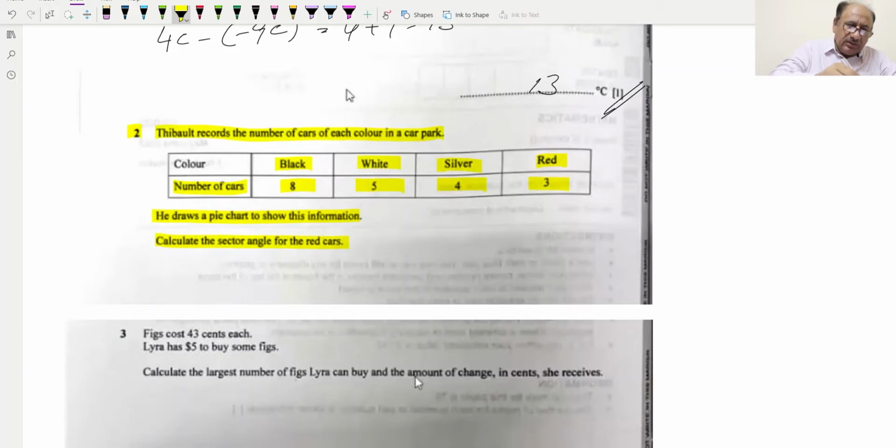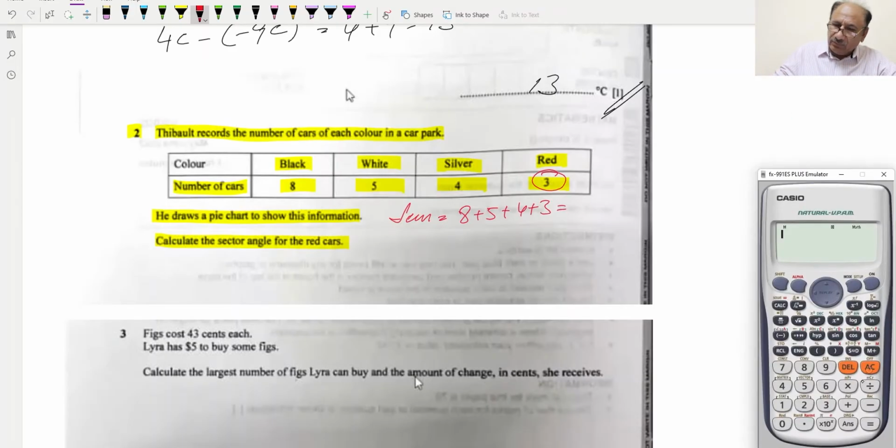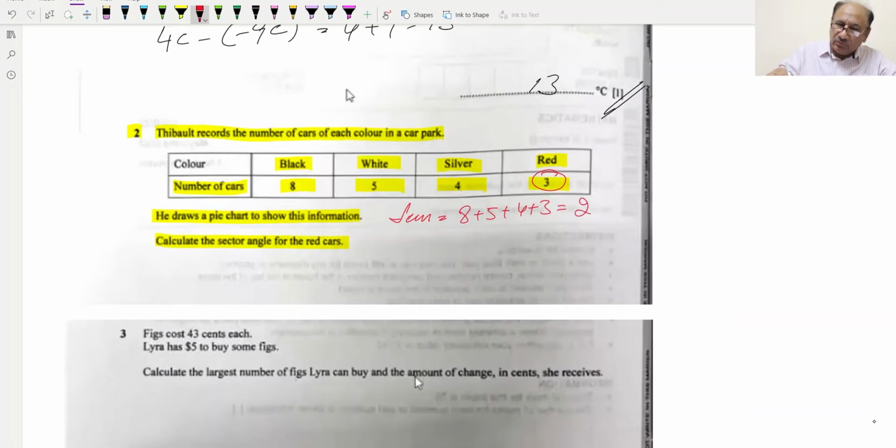The red cars are 3, and the total number of cars is the sum of these numbers, 8 plus 5 plus 4 plus 3. Mentally you can also calculate this, but to avoid any mistake and to show you working,